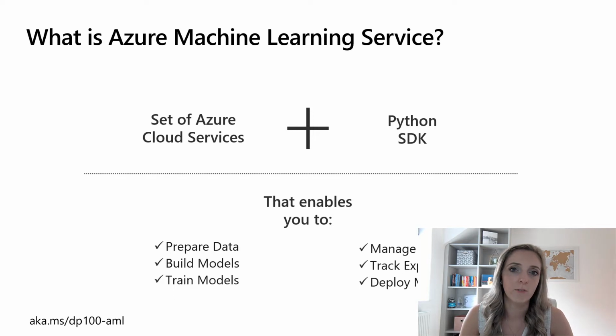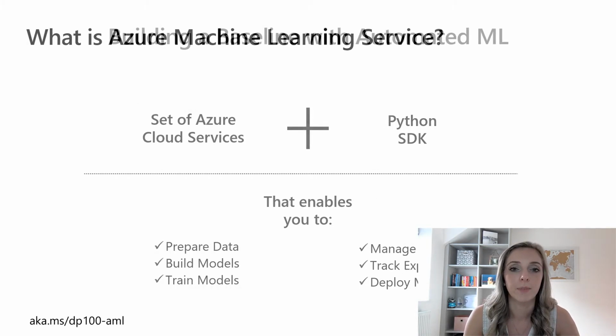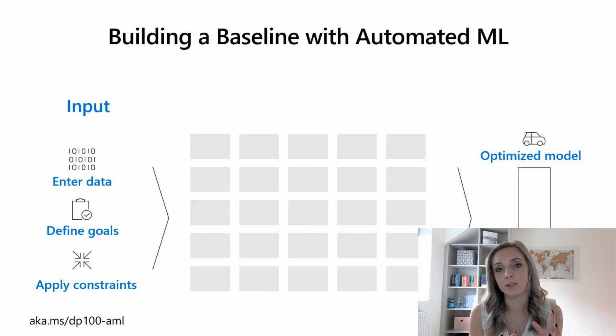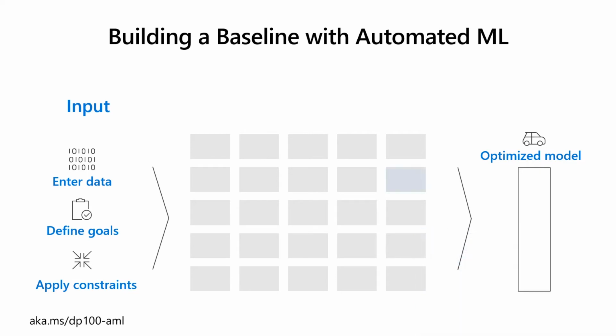But in this session, I just want to very briefly touch on something called automated machine learning. So firstly, what is automated machine learning? A lot of people see it as building a baseline model that allows you to understand very quickly what your data looks like, what your goals are, any constraints that you have, and then automated machine learning will take your data and your asks and it will actually run over lots and lots of different types of models until you have that optimized model out of